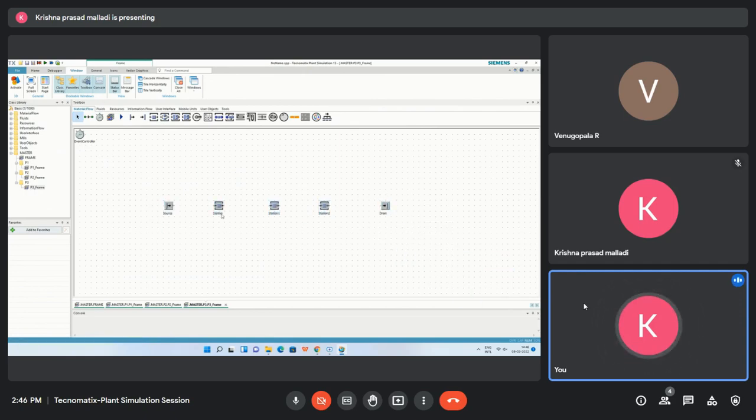I'll say this is P1. If I double click it, it will automatically redirect to this frame. This is P2; if I double click P2, it will redirect to the P2 frame. If I double click this one, it will redirect to the P3 frame. Which means this is my master layout, and in this master layout, everything will be performed.